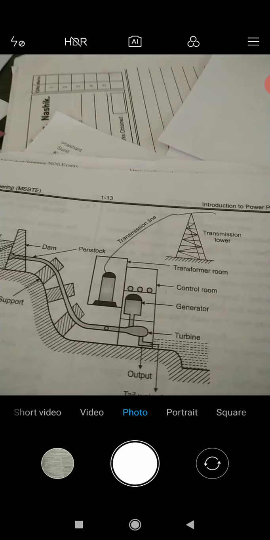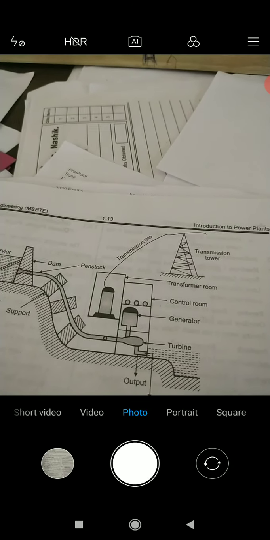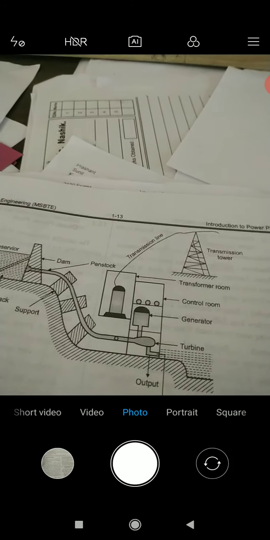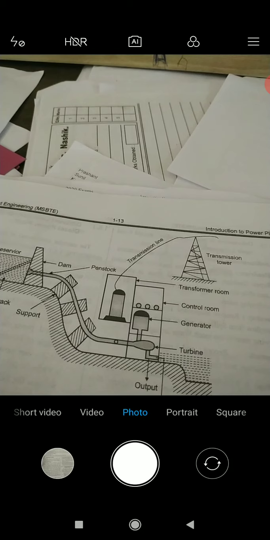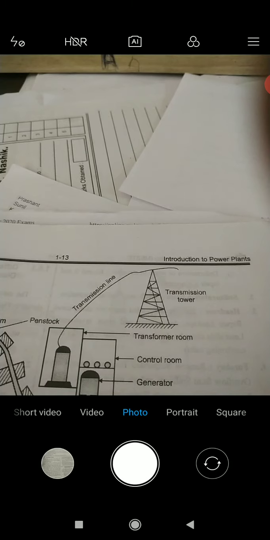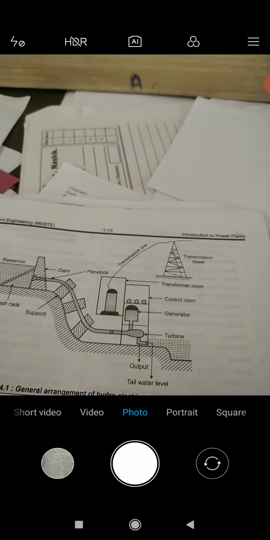Now we'll see some advantages and disadvantages of the hydroelectric power plant. First advantage is that there is no cost of fuel or fuel handling system, and storage costs are eliminated, so low operating cost. Second point is it has a longer life. Third point is that maintenance cost is low. Fourth point is it helps for irrigation purpose and flood control. There are no standby losses, which are unavoidable in thermal and nuclear power plants. No problem of pollution, low starting time, high production rate capacity, and pollution free. So these are certain advantages of the hydroelectric power plant.